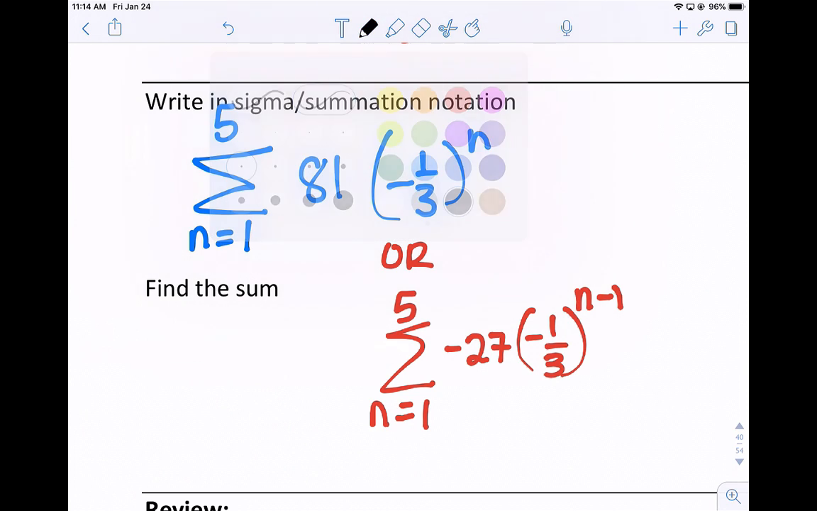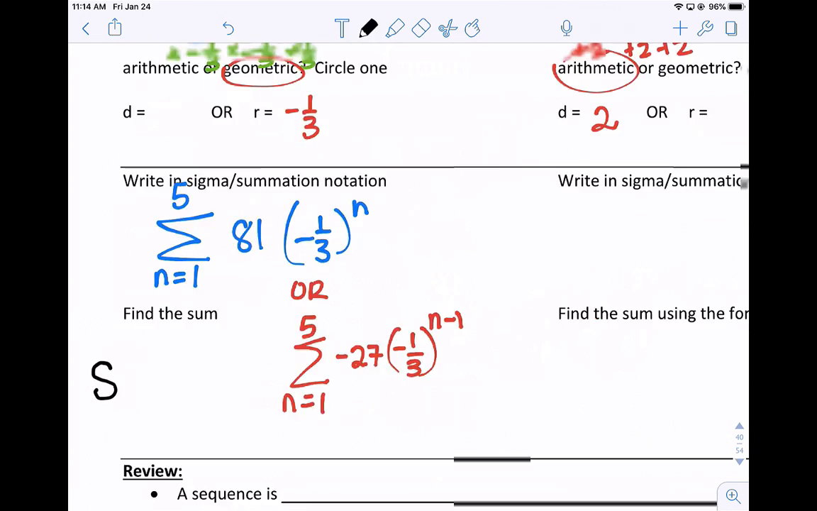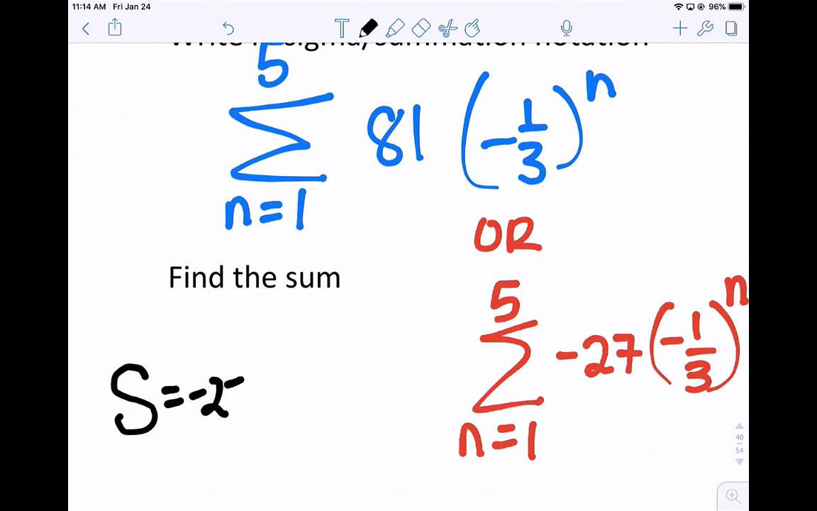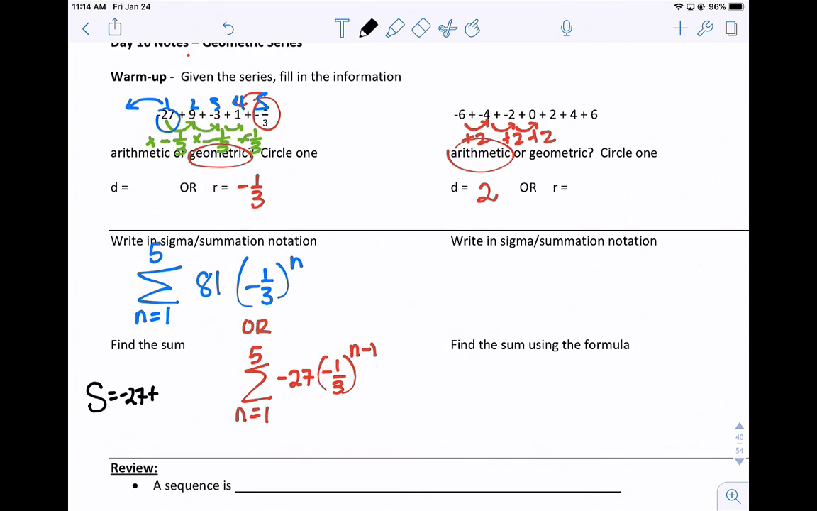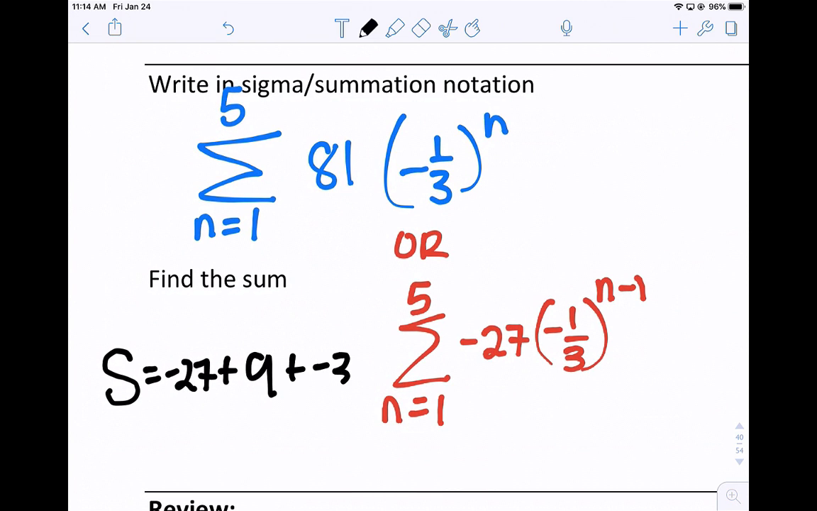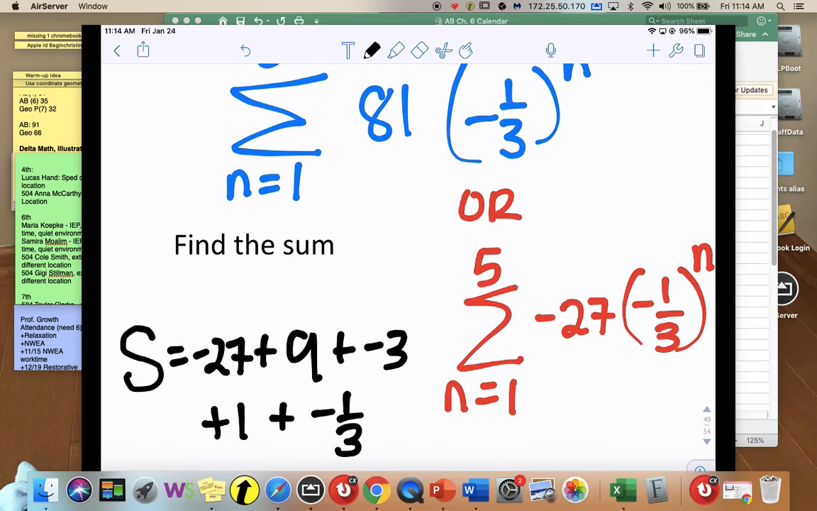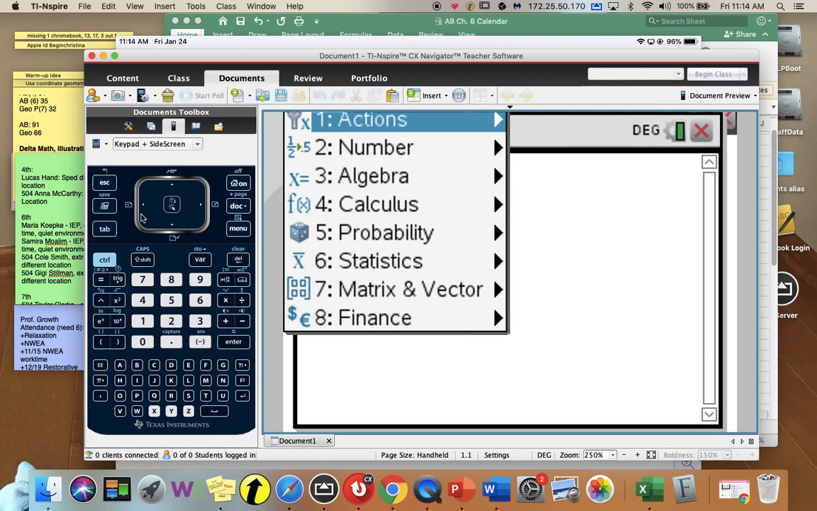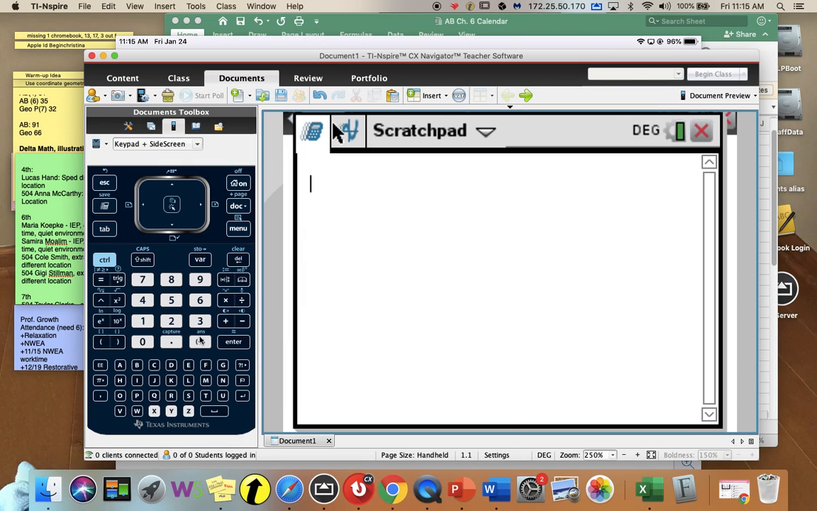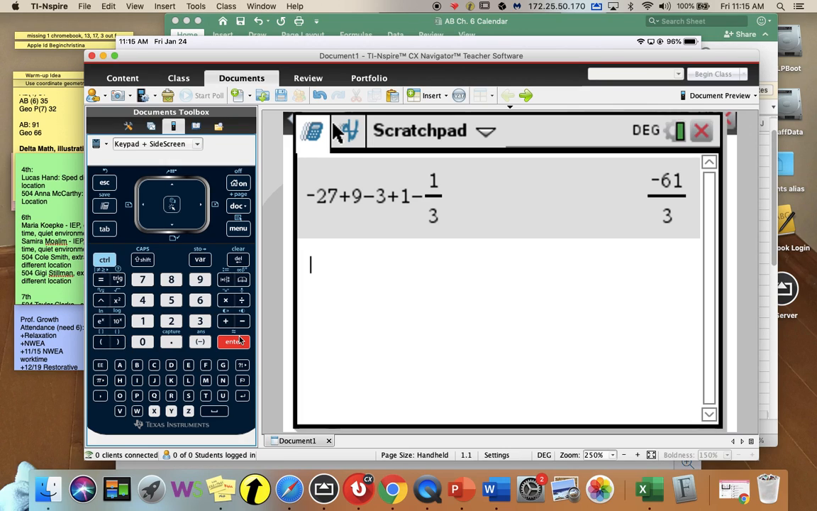And to find the sum, we'll just add up all the terms, the first to the 5th. So we'll take our -27 plus our 9 plus our -3 plus our 1 plus our -1/3. All right, so let's type that in really quickly. Okay, so we're adding up -27 plus 9 minus 3 plus 1 minus 1/3. And we get